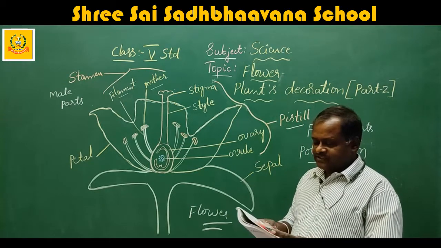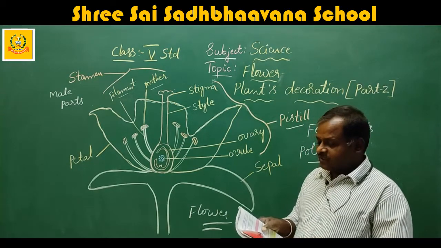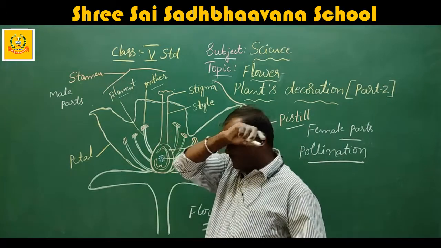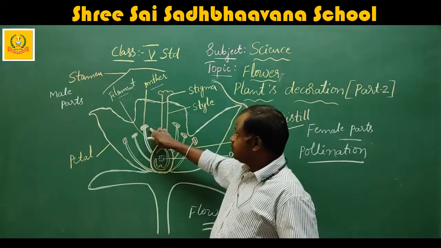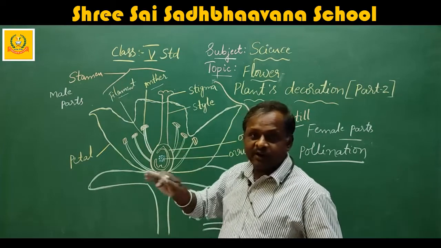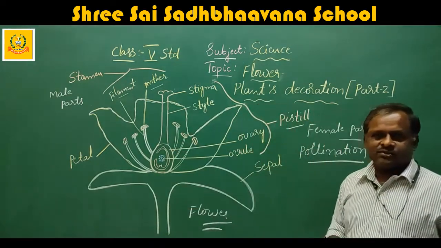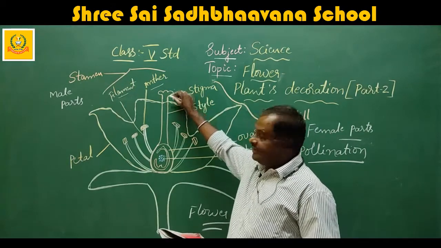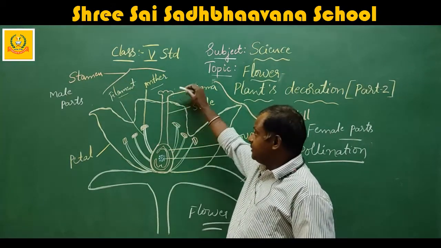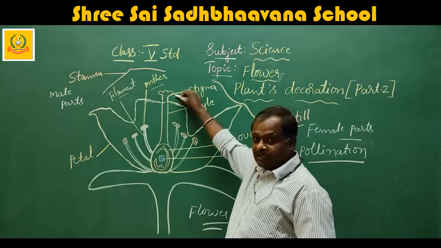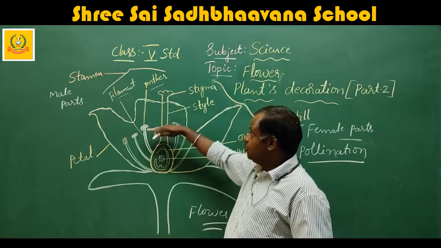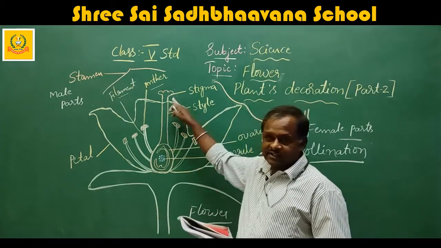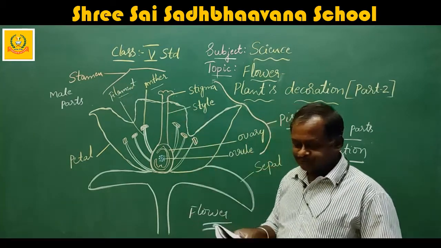See here, they brush against one another and get pollen on their bodies. When the pollinator sits here or flies through this pollen, the pollen will stick to its body. When that insect or pollinator sits on this stigma, what happens? That pollen will transfer to this stigma, attracted by and attached to this stigma.